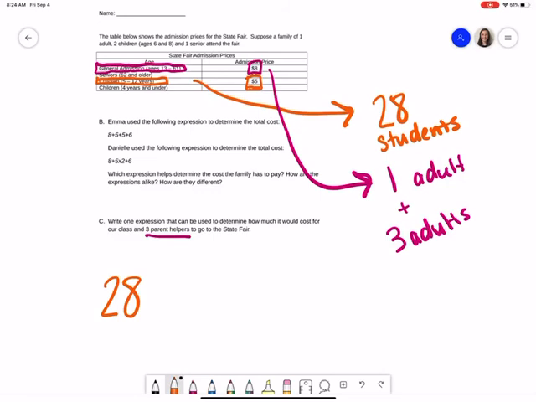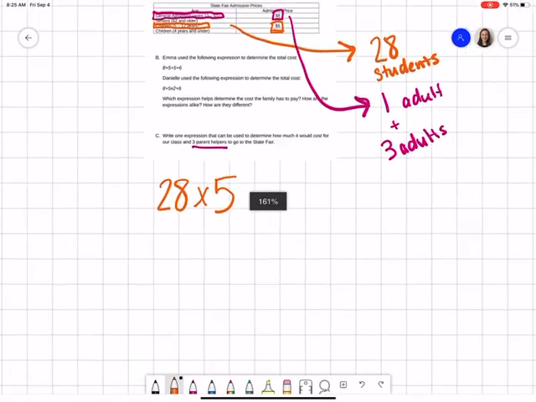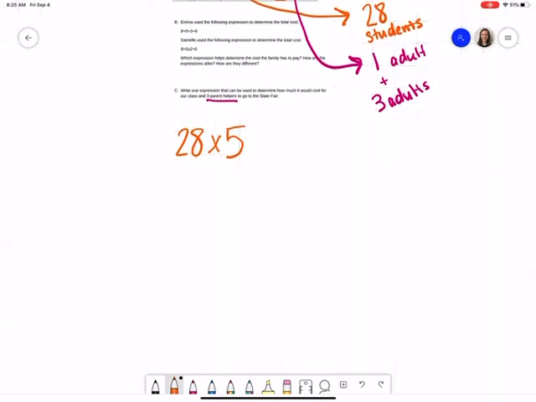I know that each of the students is going to have to pay $5 to get in. So why did I do times 5? Well, to show it this way,